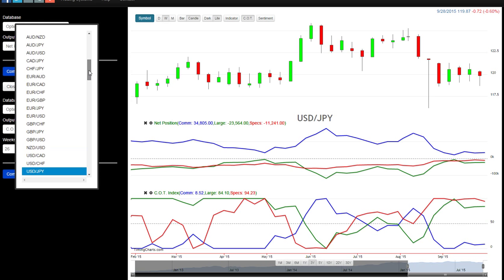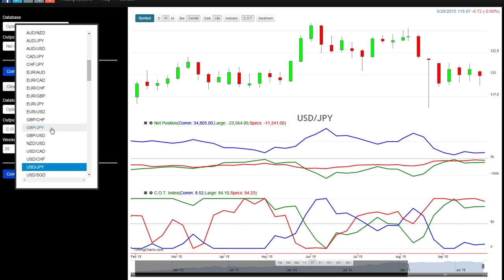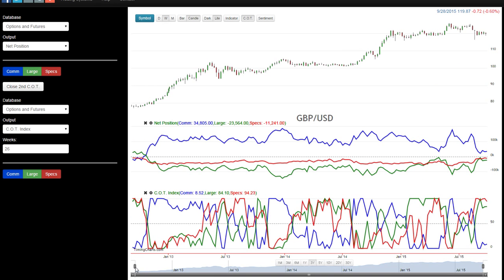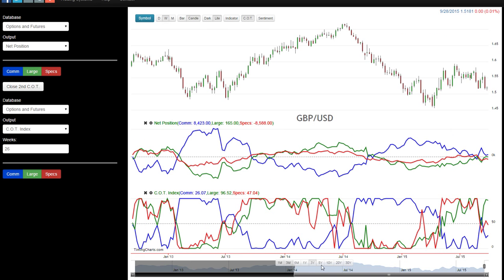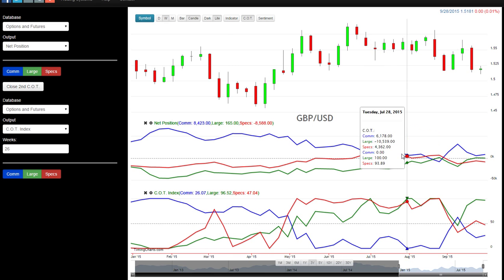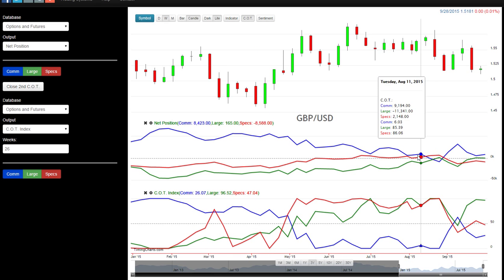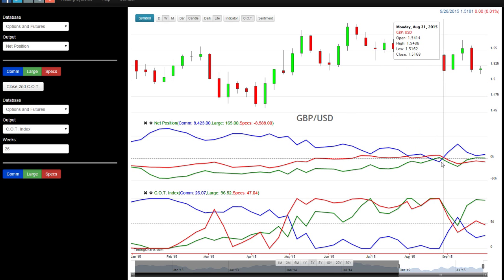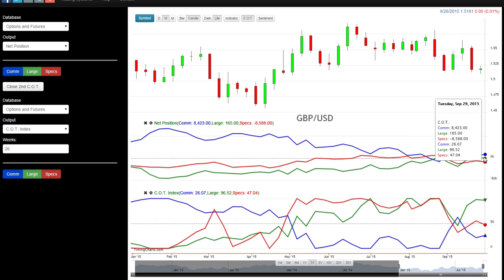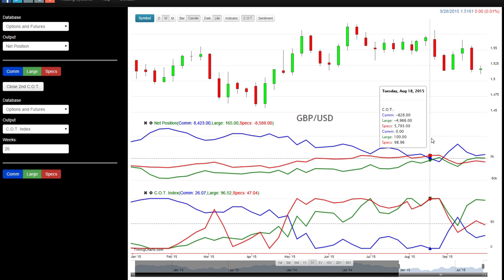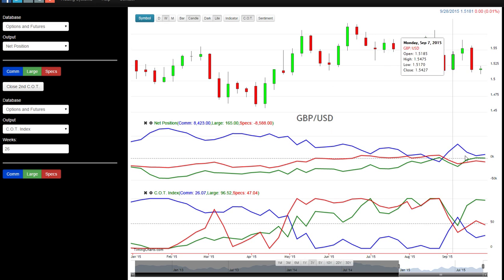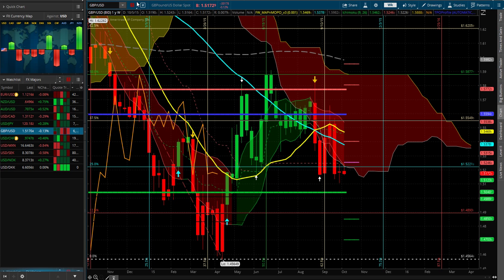Where's the pound dollar? Right here, let's see where the money's going. And I think they're all pretty much going sideways. All sideways. This one has a little more action, but like it switched here, the positions: commercials, hedge went long, large speculators shorted with retail, and now they're coming back, and they're at the crossroads right here, just kind of going sideways. So everything is kind of going sideways. This is the only one I've noticed that kind of swapped, but I don't know. Let's look at the chart. Let's look at the weekly.